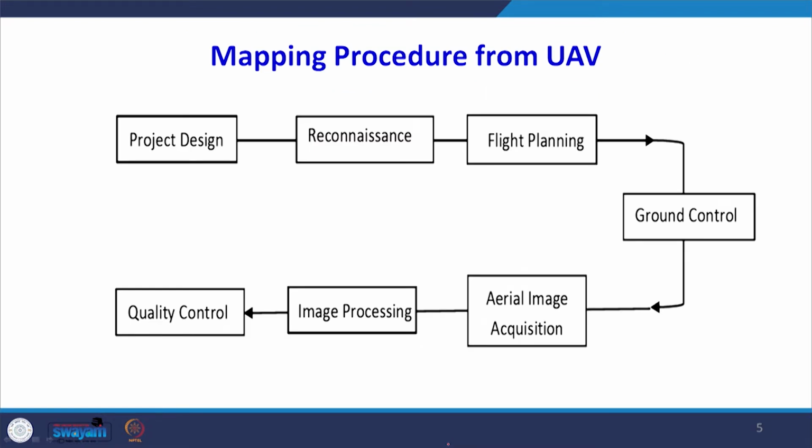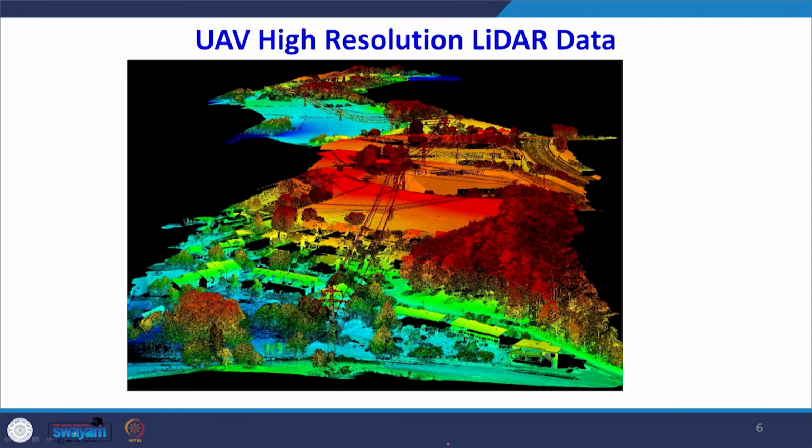There is actually a procedure to reach that application part. This procedure starts right from the data collection part, the flight planning part. We have to carry out some kind of project planning when we are collecting the data for a particular area, carry out the flight planning, collect the data, process this data when we have acquired it, and then apply it to the particular application, deriving useful results from this data.